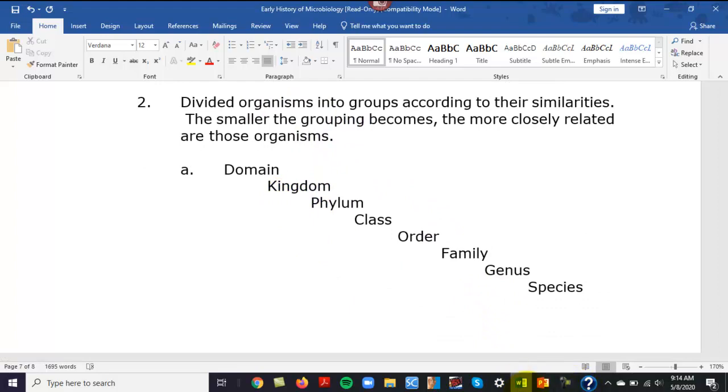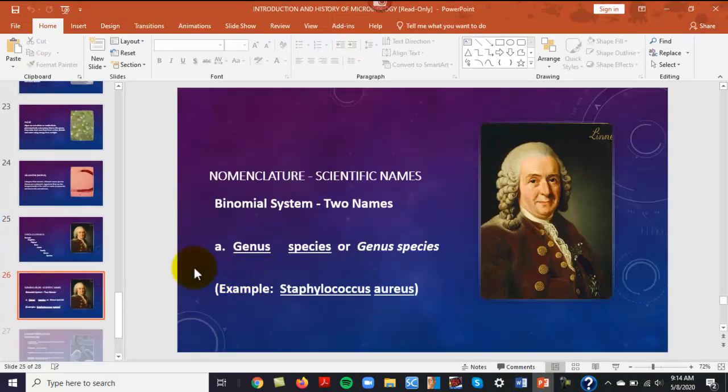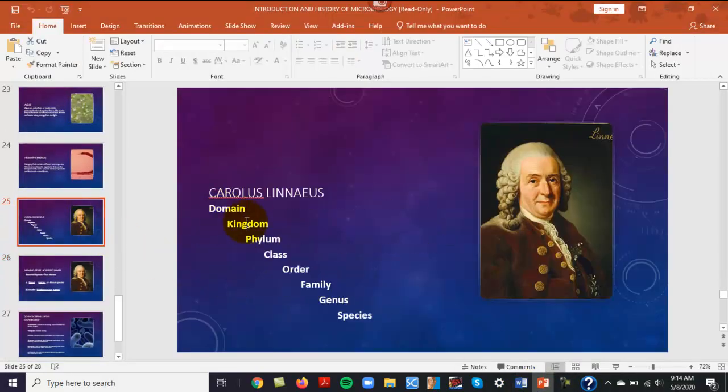In other words, if you find an organism, you have to figure out what domain it's going to go under, what kingdom, like for instance, human beings, we're under the kingdom Animalia, and we really deal with the genus and species in our course, but that's his classification system, and you have to find what category an organism would fit under each one of those.